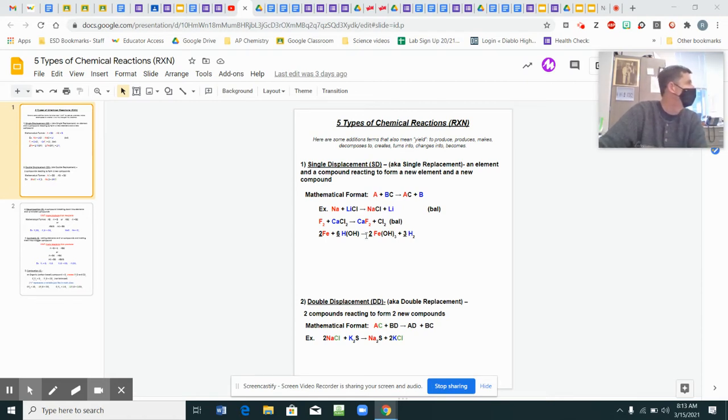The A and B have positive charges and the C has a negative charge. Exactly. A and B are metals. They both have positive charges, and I've got to swap things with positive charges because Cl is going to have a negative. So I've got to make it so I always have a positive and negative taking place there if they're ionic compounds. So good. And we see the same thing on this one, but in this case, I've got F,